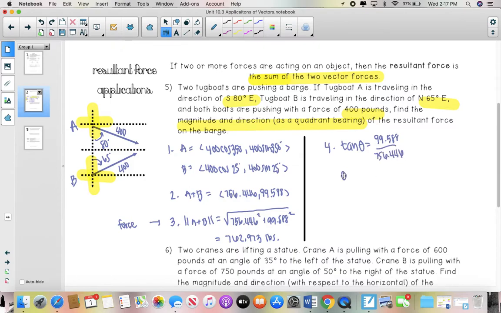You're going to do inverse tangent of 99.588 divided by 756.446. And that gets you the angle of 7.499. It's all repeating, so that's going to round up to 7.5